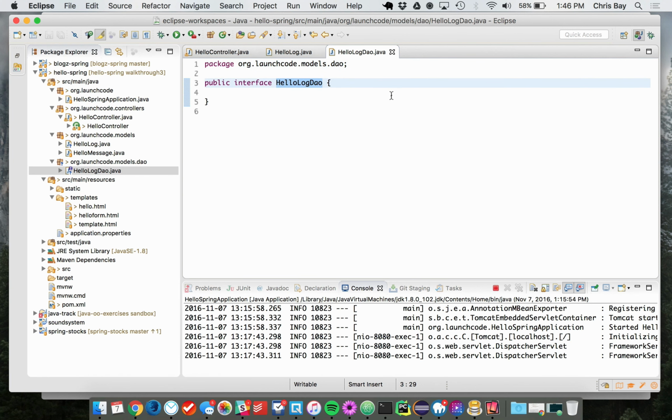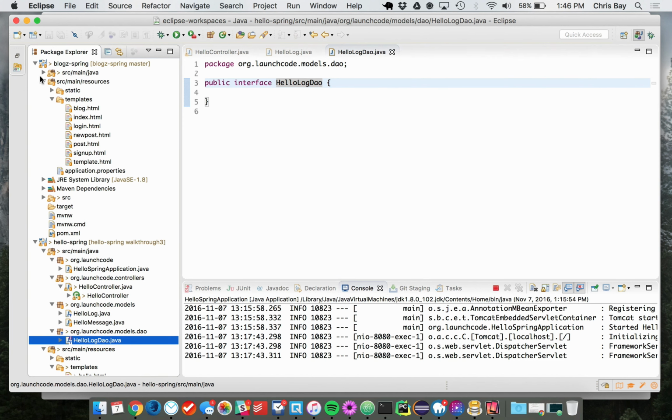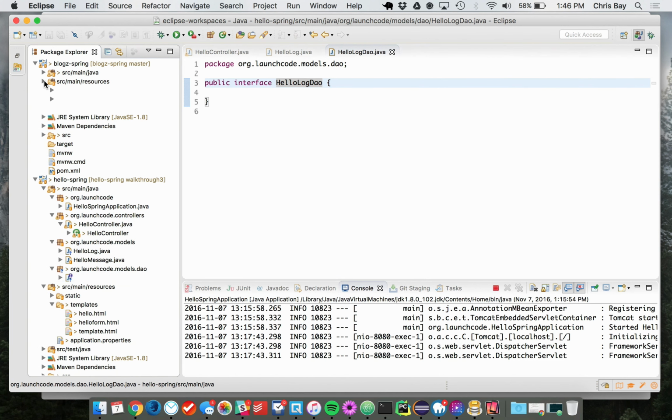This is going to be the data access object that lets me easily query the database for hello log objects and to easily save them. In particular, there's a little bit of magic that's going to happen here with dependency injection. So let me just make sure. Let me look at a previous instance. I can't remember if I need to add an interface or